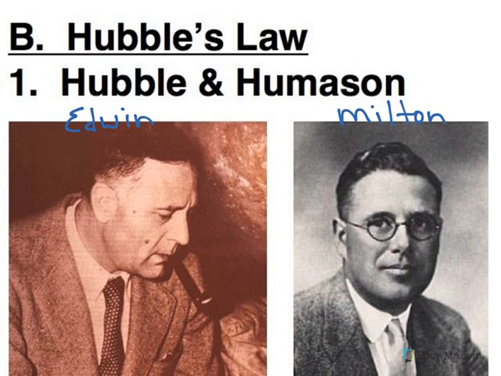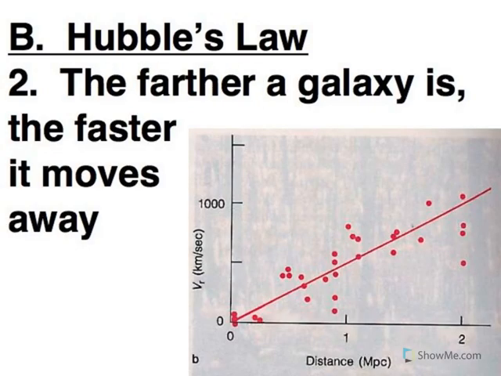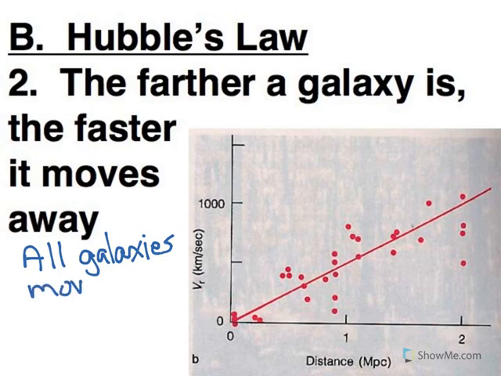And what the two of them found was an interesting relationship for galaxies. They found that the farther away a galaxy is, the faster that galaxy is moving away. So one, they found that all galaxies move away, which is an interesting phenomenon. And they found that how fast they were moving from us